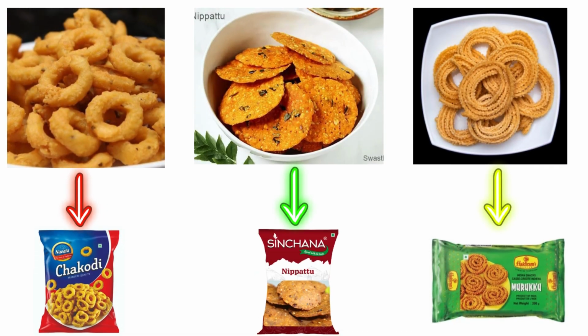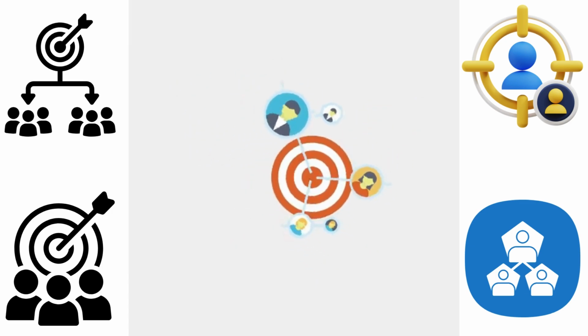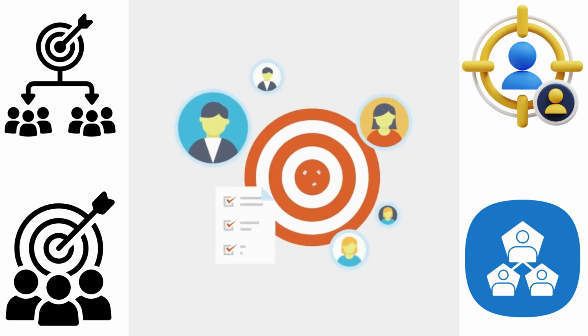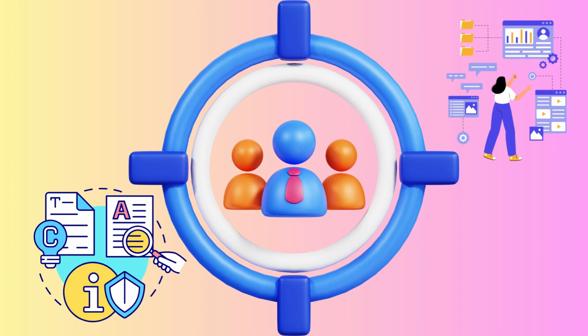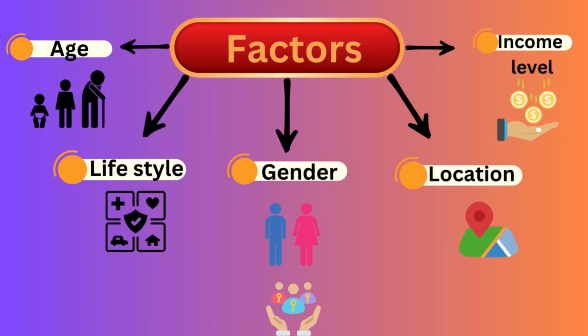This video will focus on how to differentiate your product. Let's start by identifying your primary target customer segment. Knowing who you are selling to is as crucial as knowing what you're selling. Define your primary target customer segment based on criteria such as gender, age group, location, lifestyle, income level, or similar